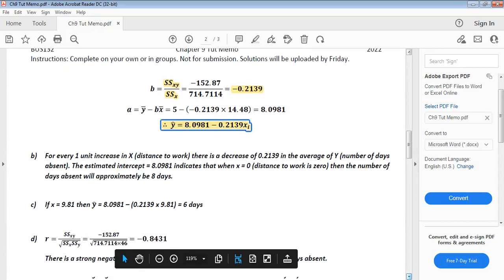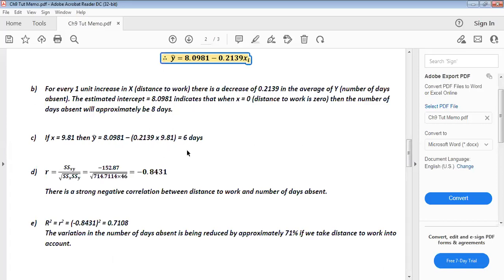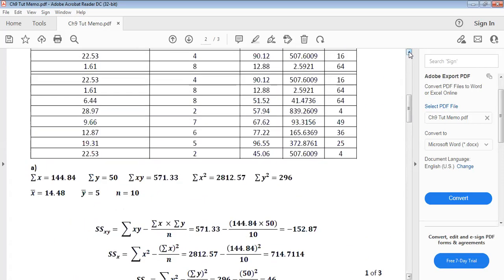All right. So if X is equal to 9.8, then Y will be, you just substitute where there was X, you put 9.8. That will be 6 days. All right. Okay. So question